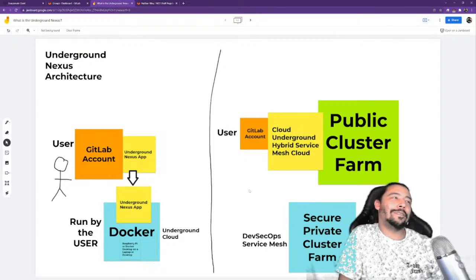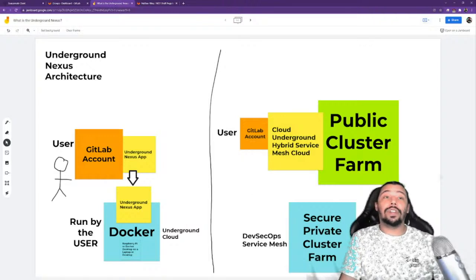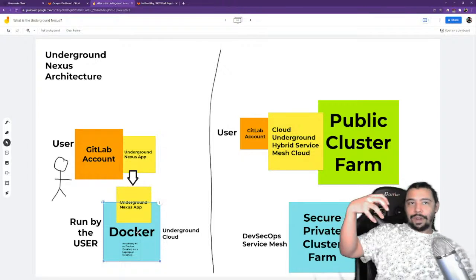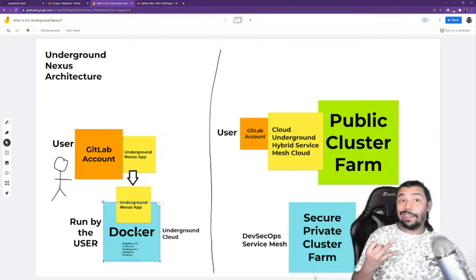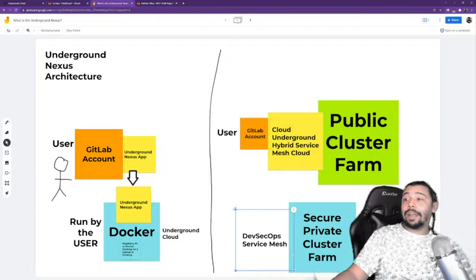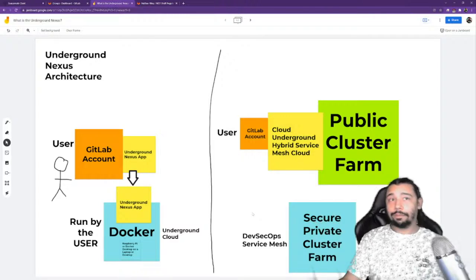But really, we only have a team of 3 or 4 people full time. We work with a lot of people who do things with us, which is how we get so much done, because we have a lot of business partners at this point. But just like your Docker down here, whatever you have in your home, your Raspberry Pi or your Docker desktop or all of the above, you can slowly turn that into a DevSecOps service mesh using the Underground Nexus. We use the Underground Nexus to make it easier and faster to build out a hybrid cloud farm, open source.